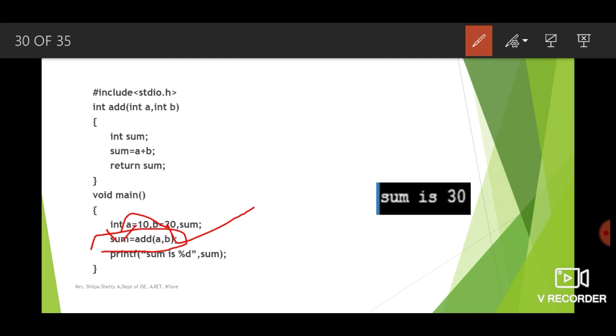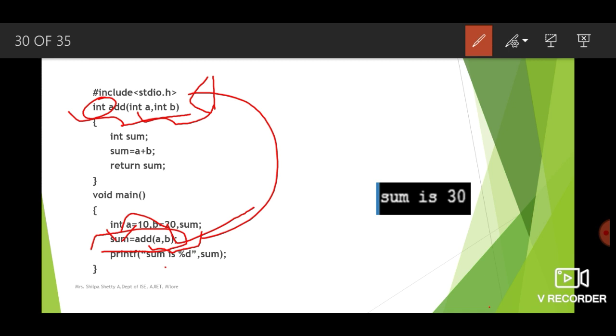So this is understood. And one more thing, we see that a comma b is written. That means these are the parameters that are passed to the function. So this type of function returns a value as well as takes parameters. Even if you observe here, it is evident. int, because the function is returning an integer value, int a, int b, which means the function is taking two parameters a and b.